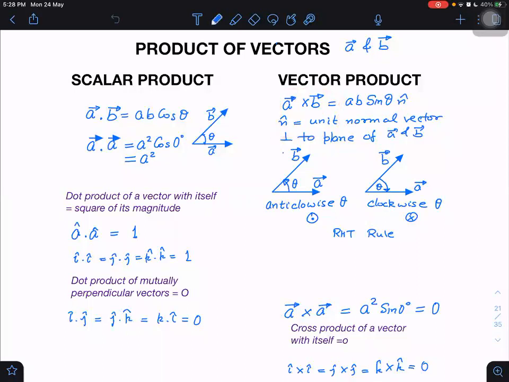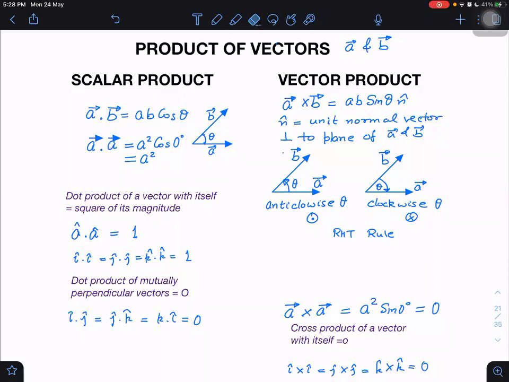But there are two possible directions of perpendicular. For example, if I take one plane, in how many directions can I take a perpendicular to that? It is y, it is z, it is the x-axis. How many vectors can be perpendicular to the yz plane? One unit vector is I cap, which is perpendicular to the yz plane, and another one is also possible, minus I cap. There are two possibilities, right or not? How many possibilities are there? Two possibilities. But out of those two, we have to choose only one direction.